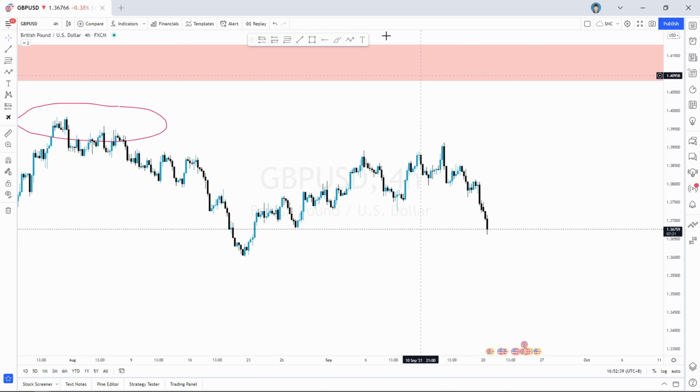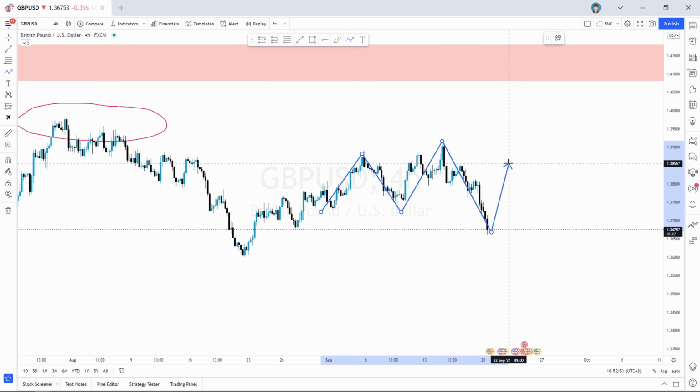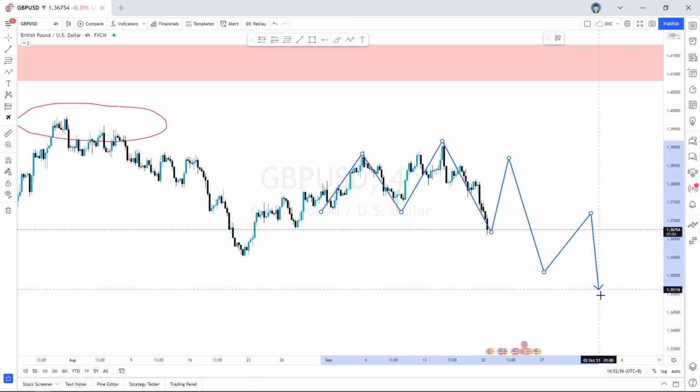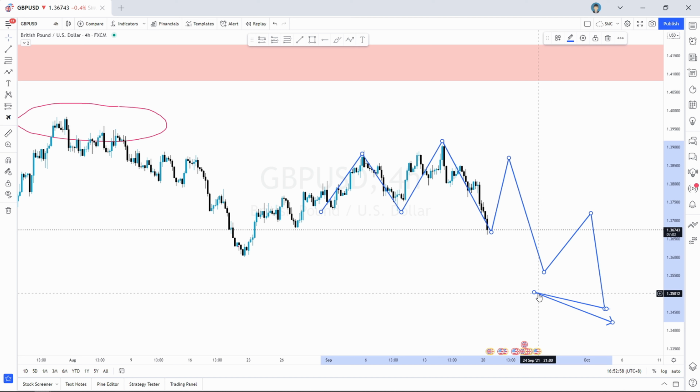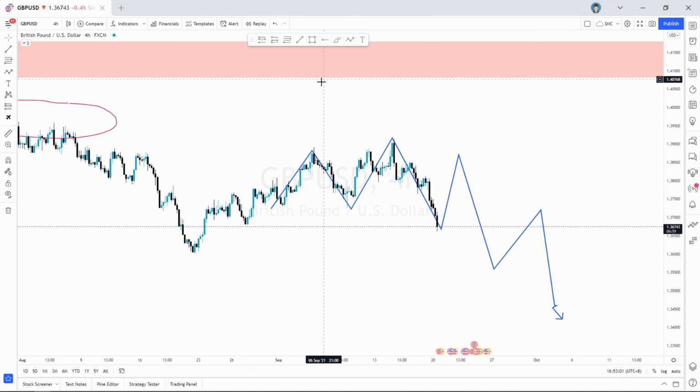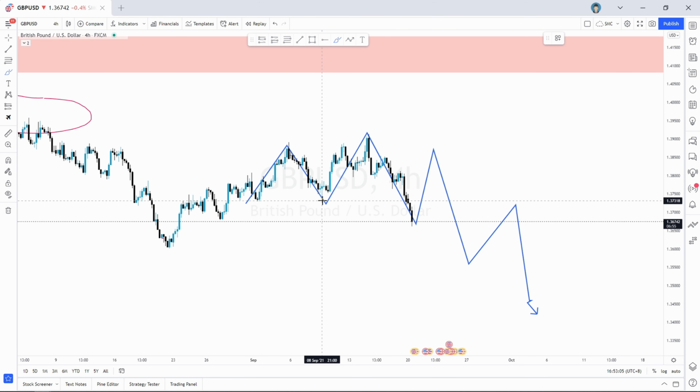So basically, remember, if it breaks the lower low, then we expect the higher low. If it breaks the higher low, then we call this a new lower low. So we're expecting a lower high, obviously, since it broke the previous higher low. So right now, what do we expect on the 4-hour time frame? We're expecting, since it broke this, a lower low, and we're expecting a good pullback either to this